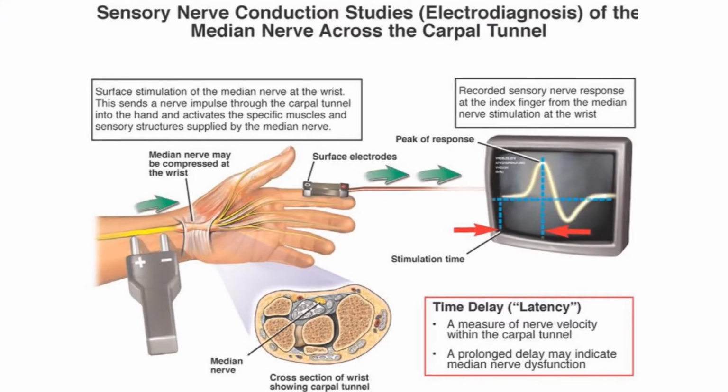So this is a diagram of how sensory nerve conduction action potentials are recorded. Here the stimulating electrode is on the median nerve, and these are the surface electrodes. Even the ring electrodes are placed on the finger. The median nerve is stimulated with the stimulating electrode. The current passes through the finger nerves, and the recording is obtained on the monitor. Here you get the latent period, and here you get the amplitude of the action potential. So this is how the action potential is recorded in the sensory nerve conduction action potential recording.